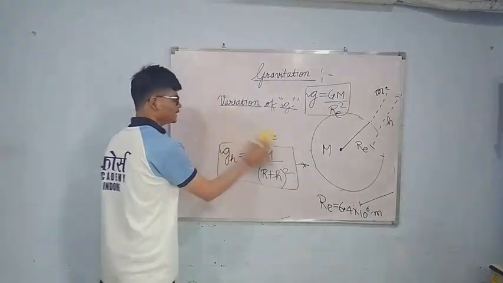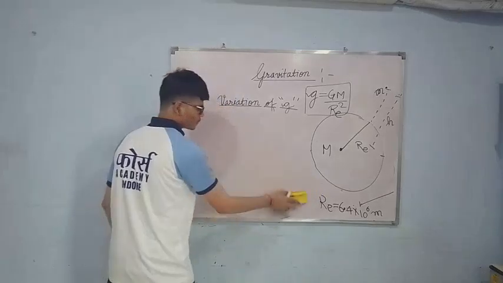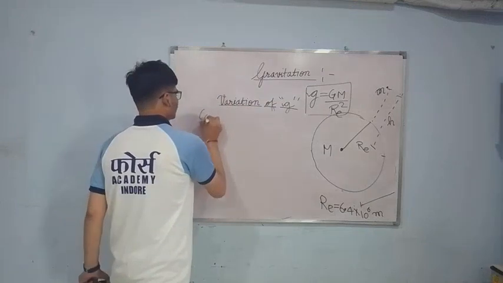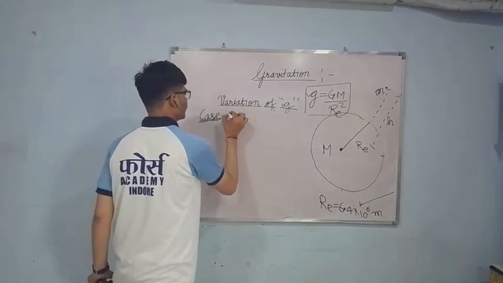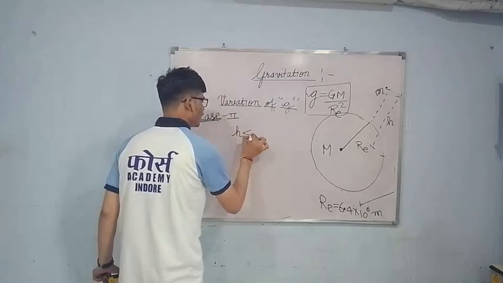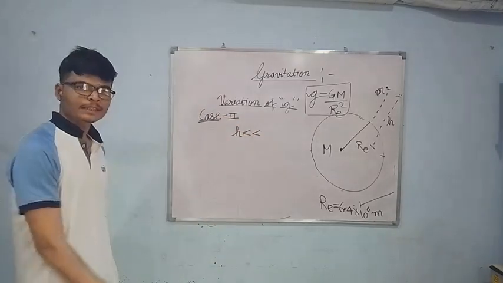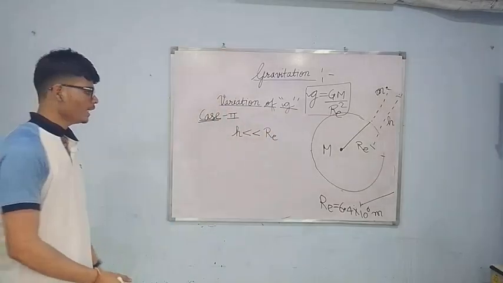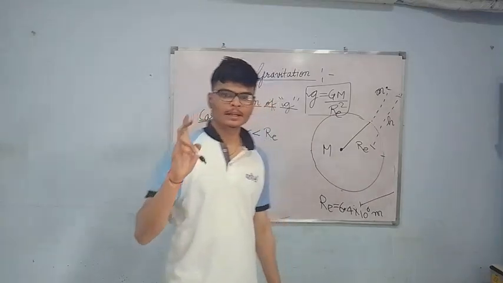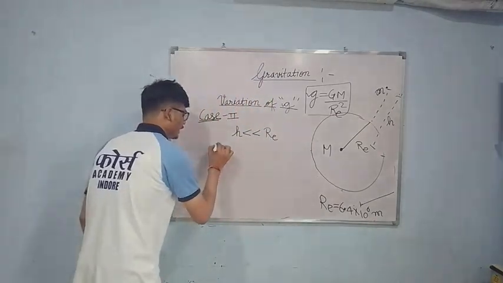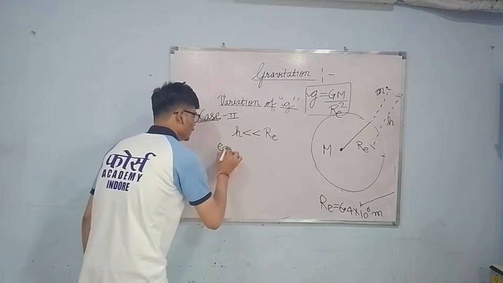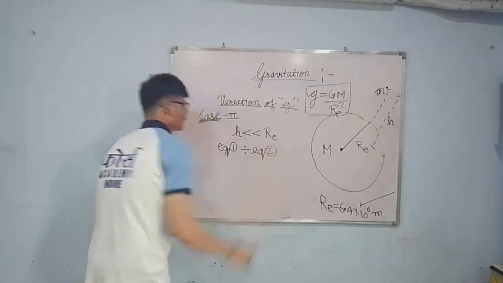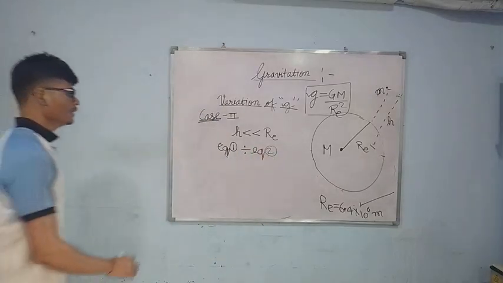Case number first is clear. Case number 2: when the height of the object above the Earth's surface is very less than the radius of Earth, as in the case of an aeroplane or helicopter, we take this expression. On taking equation number first divided by second, we will get